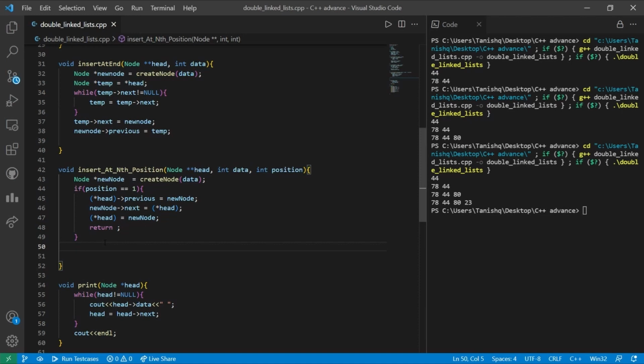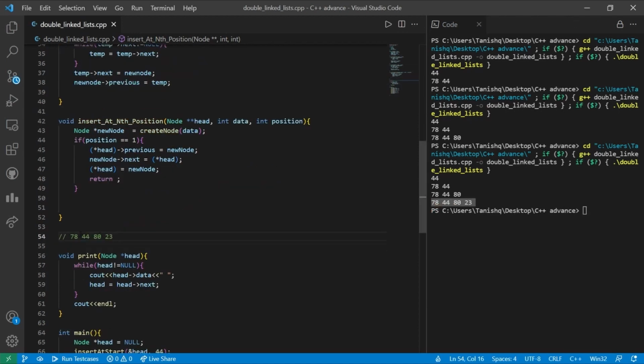As we know, the counter that we increment in any data structure starts with index 0. So accordingly, we are supposed to make such a logic so that the ith position in which we are going to insert the node will be properly inserted. As an example, if I am supposed to insert a node after 78 and the position given is 2, how many times will my temporary node have to traverse?